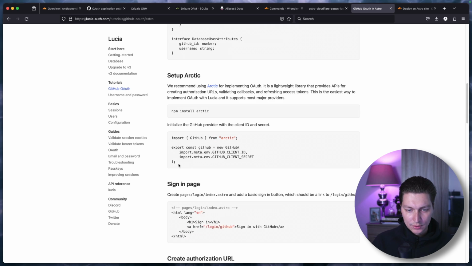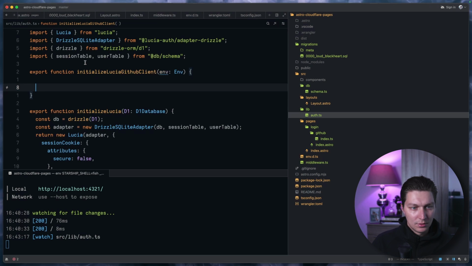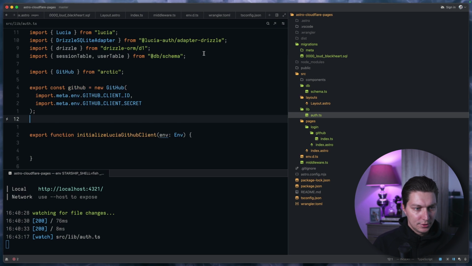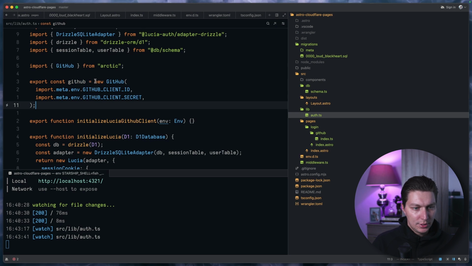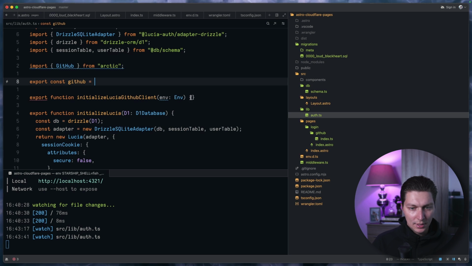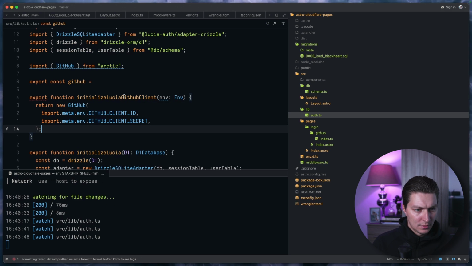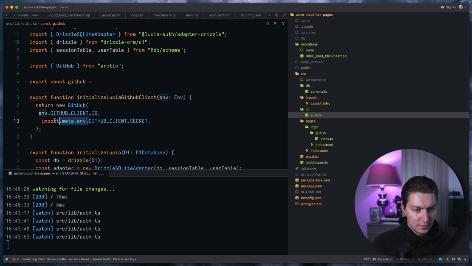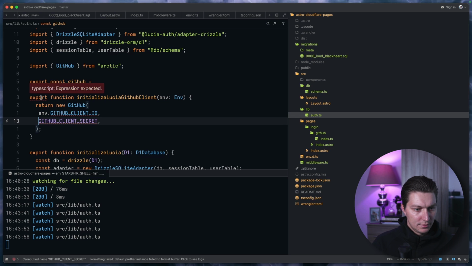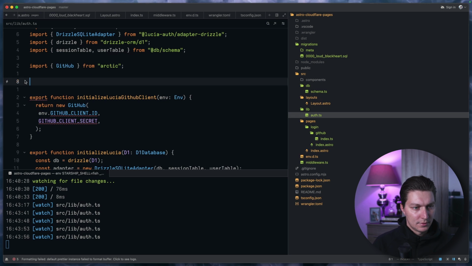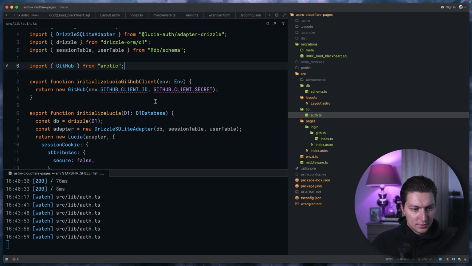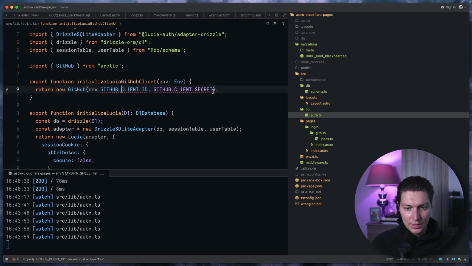So we want an import from Arctic, and then we're using this new GitHub. So we want to return that. And we want to use our env that we pass like this. Cool. So this will work,